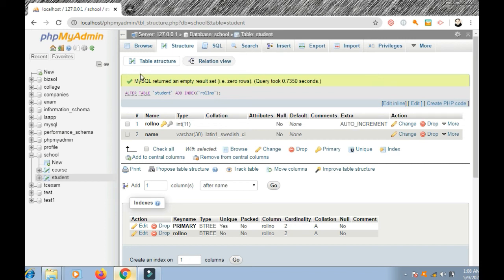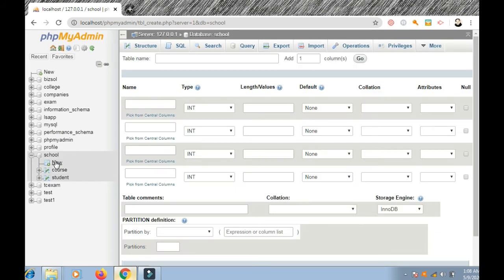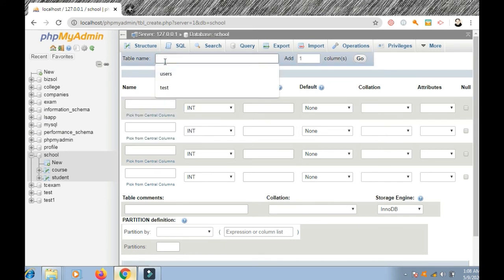How to create the table? So this is a new way. I go here and I press new. Okay, this is the visual interface. You can do it with the create table statement. So what should be the name of the table? The left table is course and the right table is student. Course student. Okay.